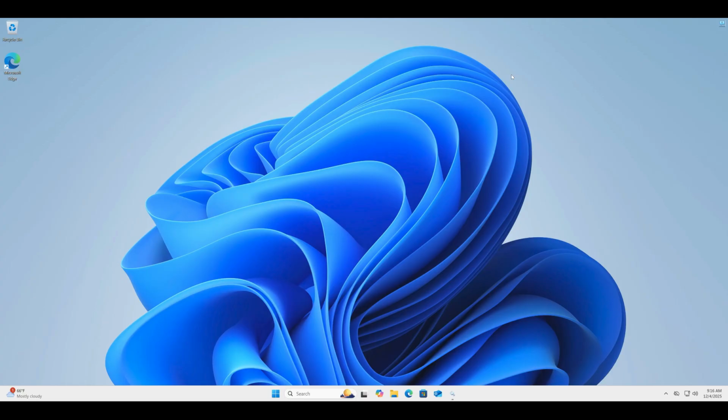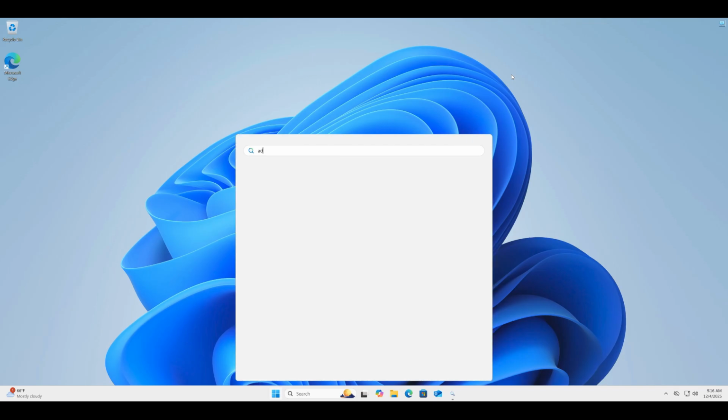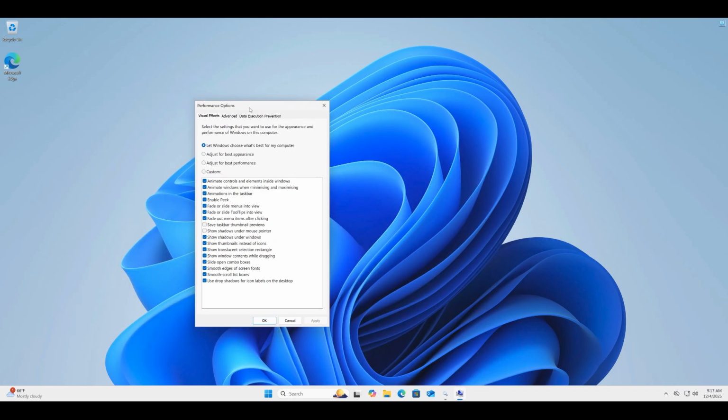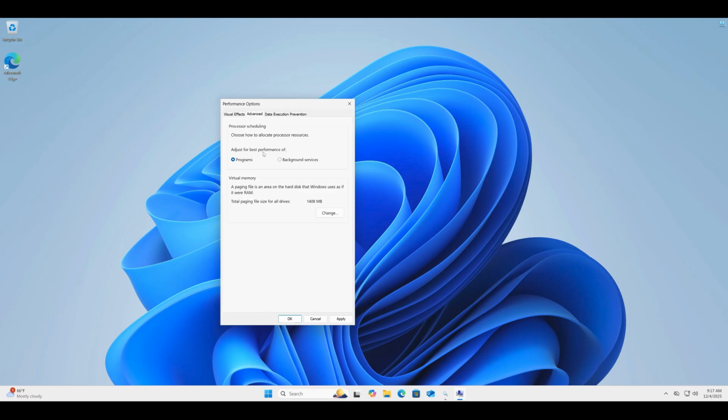Now we can again press Windows key. In search bar, we type adjustment. That first option here, adjust the appearance and performance. Let's open that. Here we can just select adjust for best performance. Now in this tab advanced, we're going to make sure programs is selected. Okay, and apply. Okay,